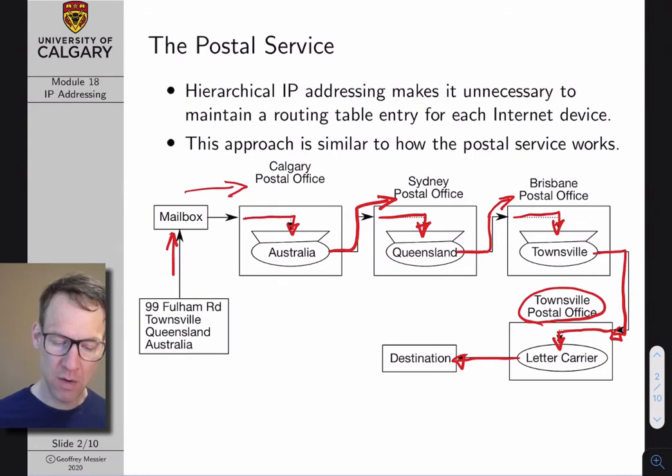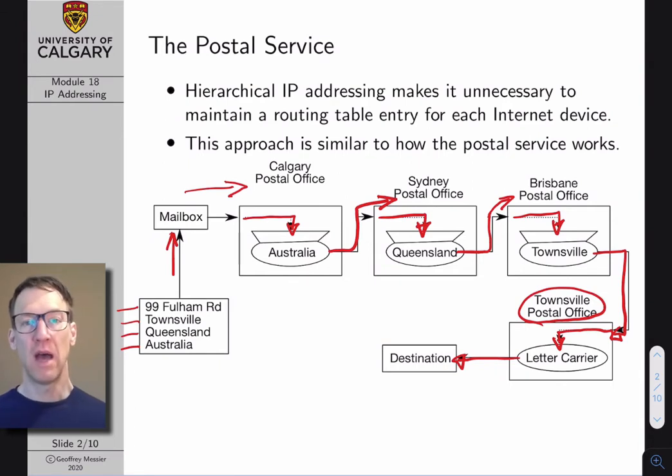And by that we mean we indicate first the country, which is very broad, the province, which is a little more specific, the town, which is a little more specific, and then finally the specific house number on a specific road, which identifies the exact destination. Because we can use this hierarchical addressing, this frees the letter sorting staff people from having to know all the detailed, specific geographical knowledge